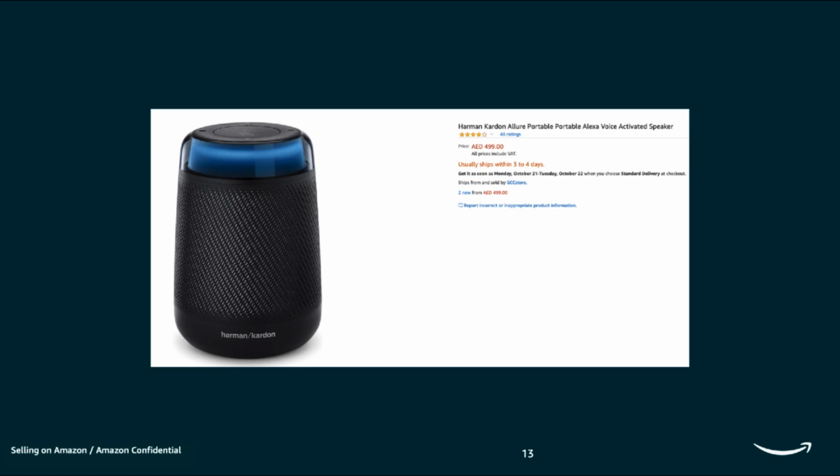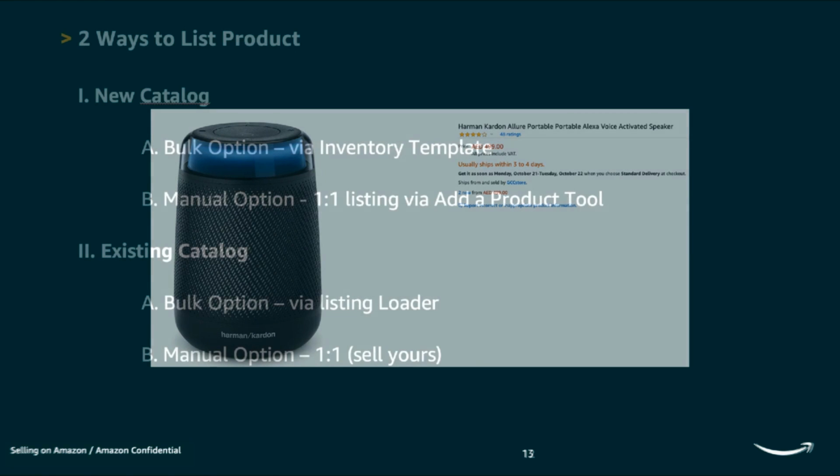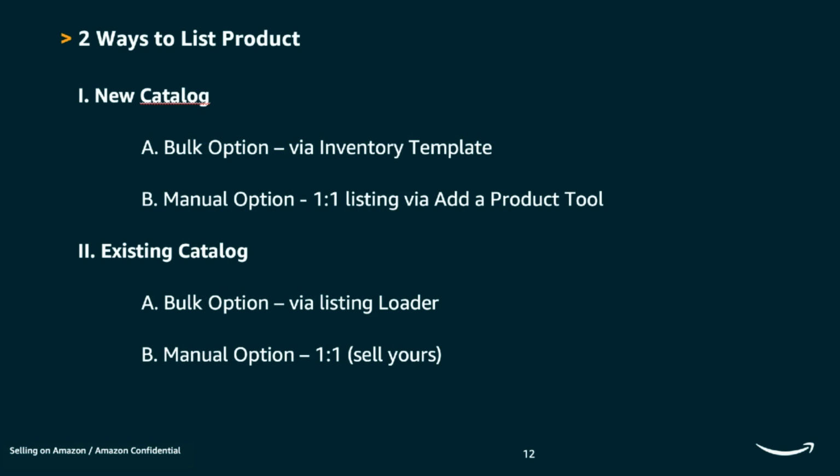That's why we require UPC, or Universal Product Code. So if your product is not in the Amazon catalog, you will have to create a single new ASIN or a new catalog by uploading your product's images, titles, and description. There are two ways to list an item in Amazon. It can be manual, which is one by one. If you just have a few items or one item to upload, this is advisable. But if you have a lot of items to list, you can do bulk uploading, which is via an Excel